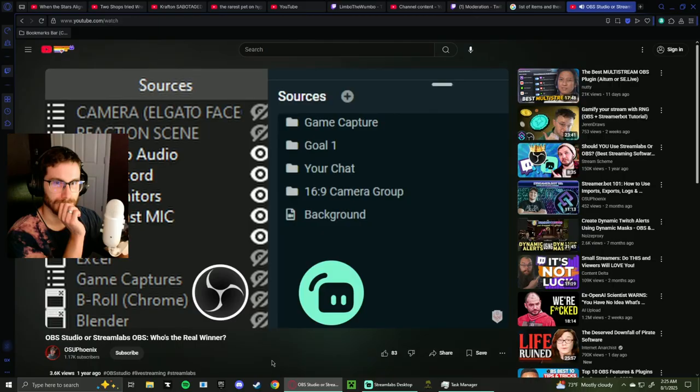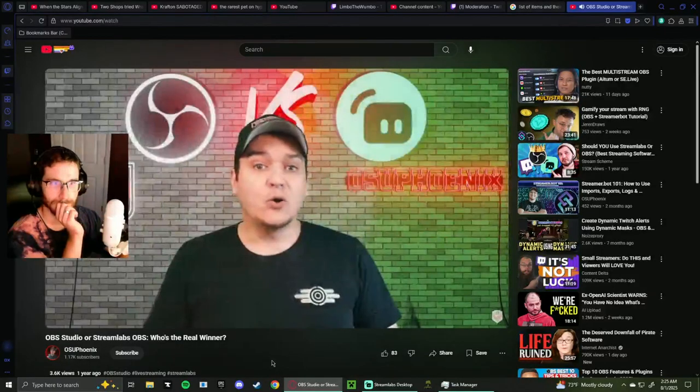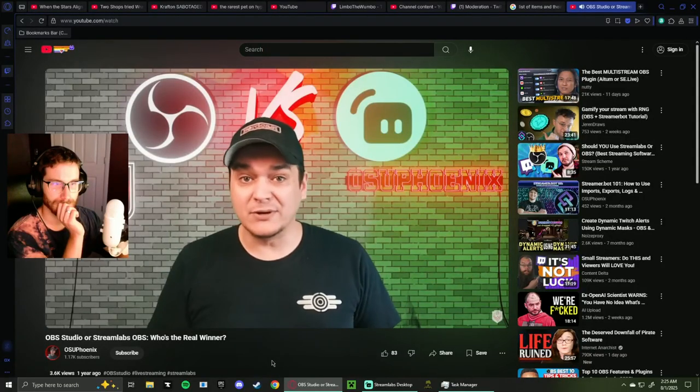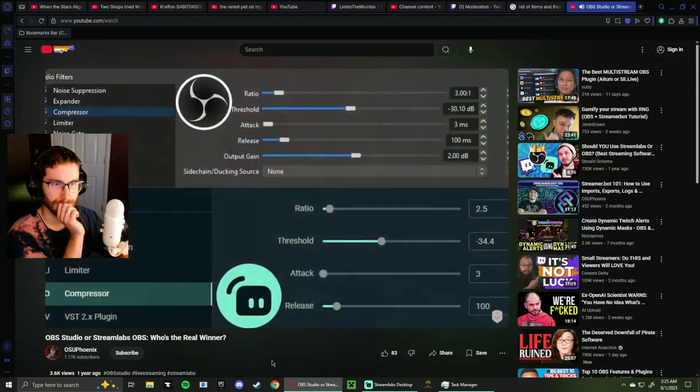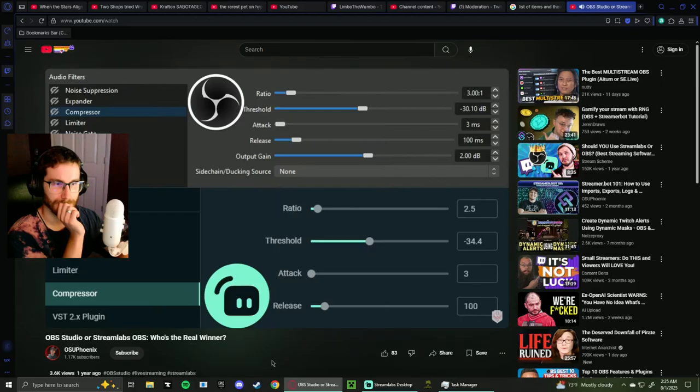They both have where you can input your camera through a video capture device. They both have audio mixing built into them. They both have filters that can help you adjust the settings of your microphone to make sure that your audio